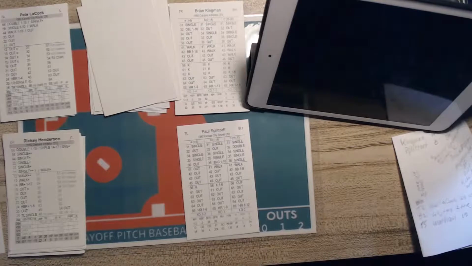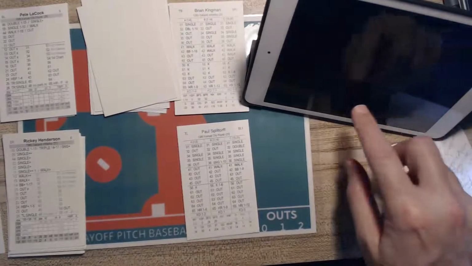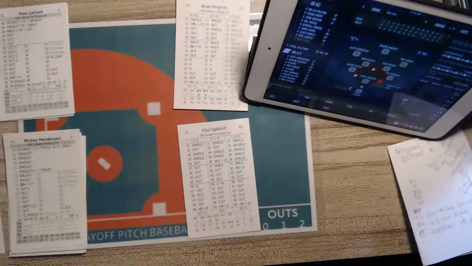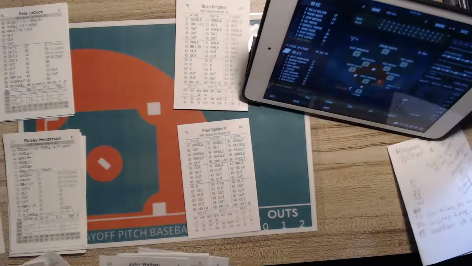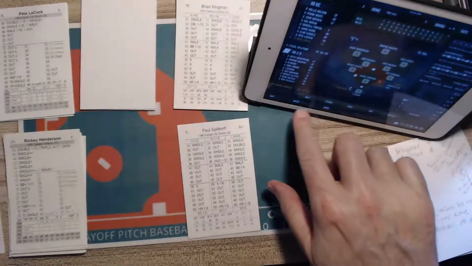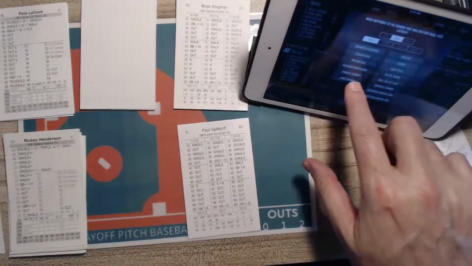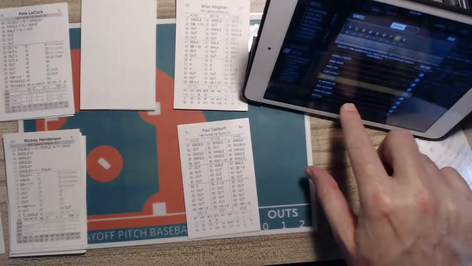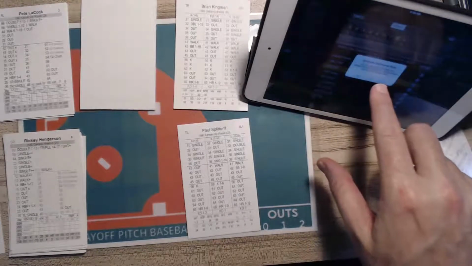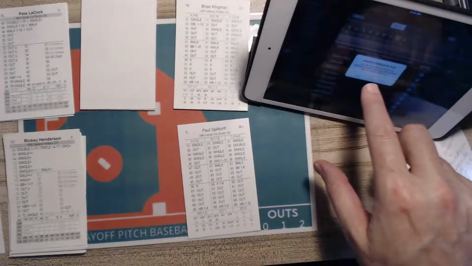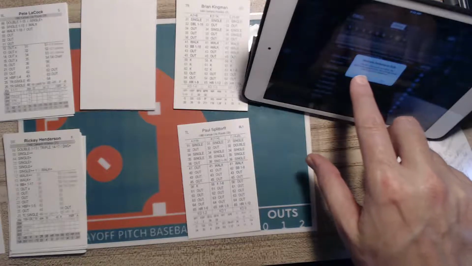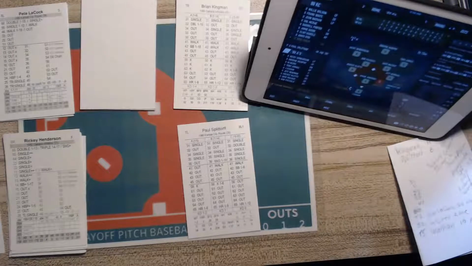I'm gonna bring in Amos Otis to run, and then we'll use Wathan at first base. I'm pretty sure Wathan can play... Wathan is in left field. We'll put Amos Otis out there. Let's see, Wathan, can he play first base? Yes, he can. All right, figured it out. We get a pinch runner for Pete LaCock, who's a slow runner, and that's going to be Amos Otis. Defensive sub? Well, we're going to put him in the outfield, so I want to say no to that and then just pop it in.